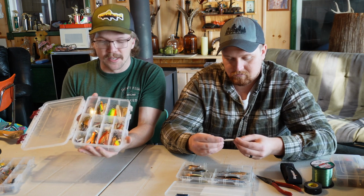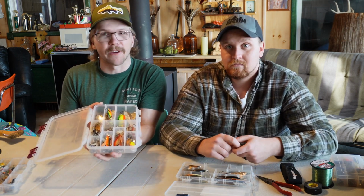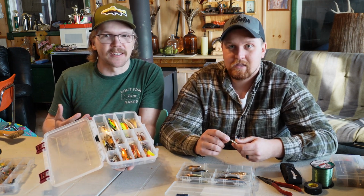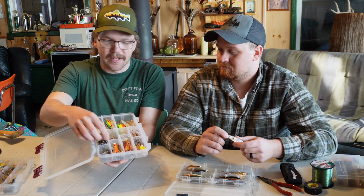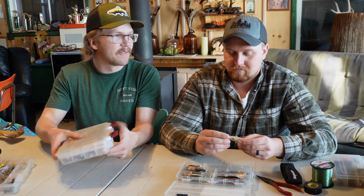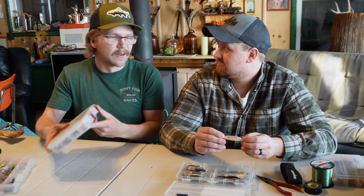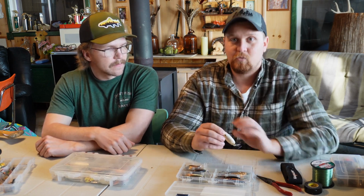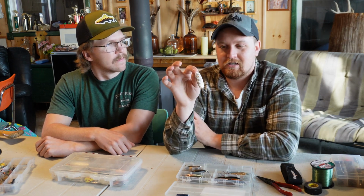Lots of Williams spoons. This is probably a lot of overkill, and we're probably honestly going to go out and use 5 or 6 of the lures throughout a trip. But it's nice to have the bases covered, like we said, and know that we have enough for whatever kind of bite they're doing. One thing we did notice over the last season with Williams is the Nipigon is phenomenal,